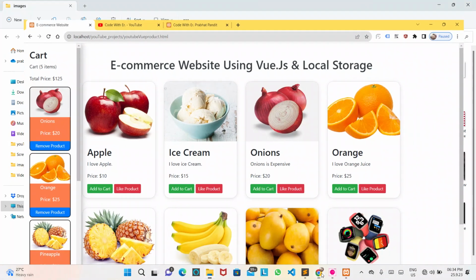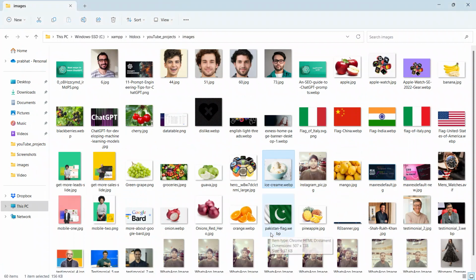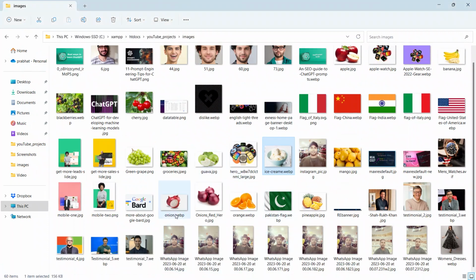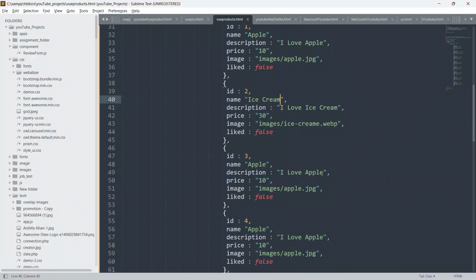So onion, orange, and pineapple. Okay, onion, orange, and pineapple. So copy this onion image name from here, go to the code and replace this.